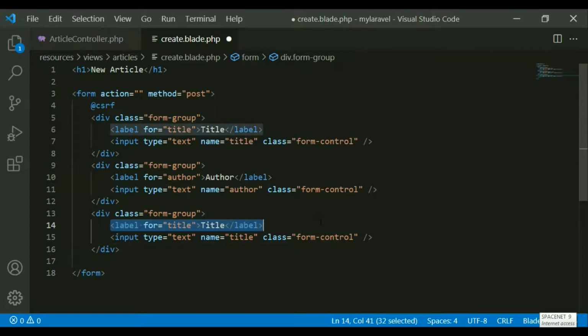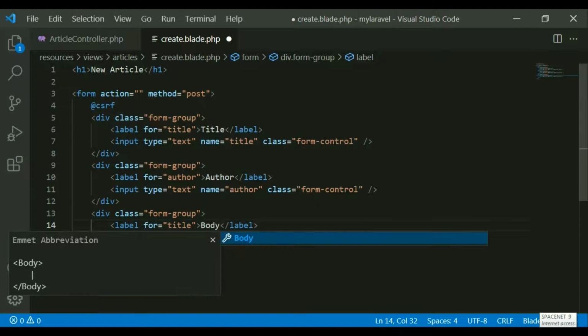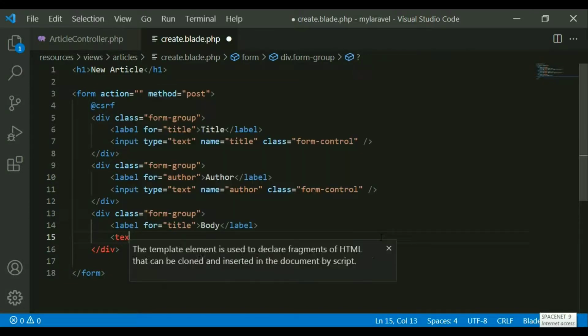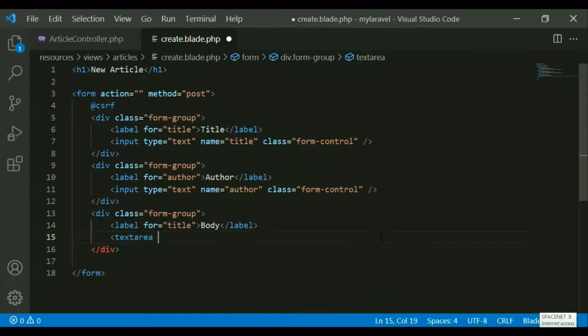I want a label with the body. Okay, the body, and this should be a text area, so I do not want to use this text box. Basically a text area, and the name is body, and the class is form-control. That's it, and here I have to close it like this.